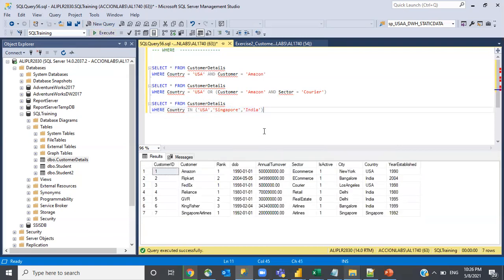So with a small change to the query, now you are able to see the India records as well. Okay, so if it is a single value, you can use the equal to. If you have multiple values, then you need to use the IN. And the values that you want to search for, you just put inside the brackets. When you place them inside these brackets with IN, it will look for all these values.